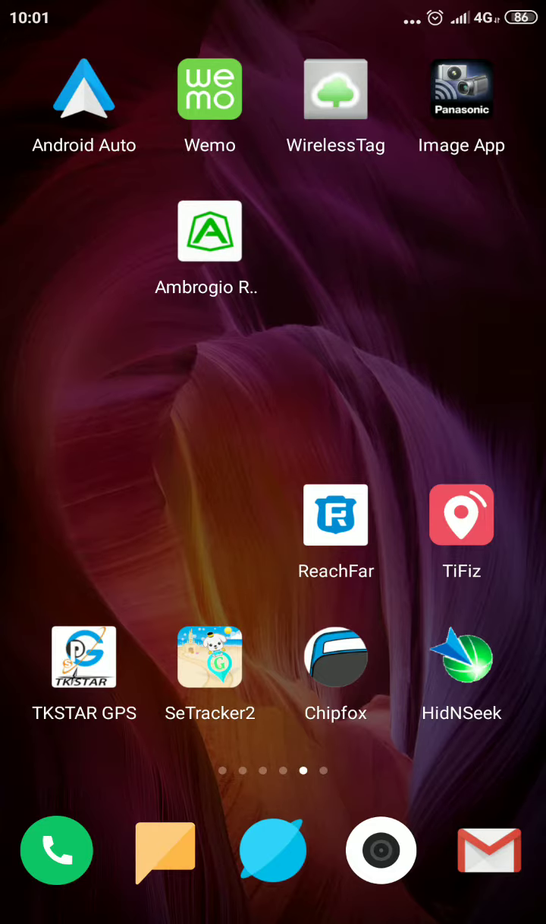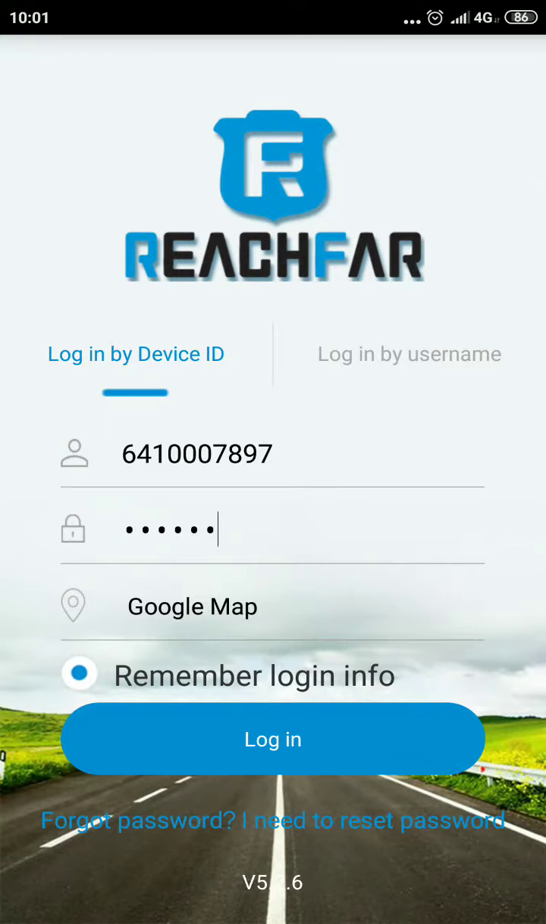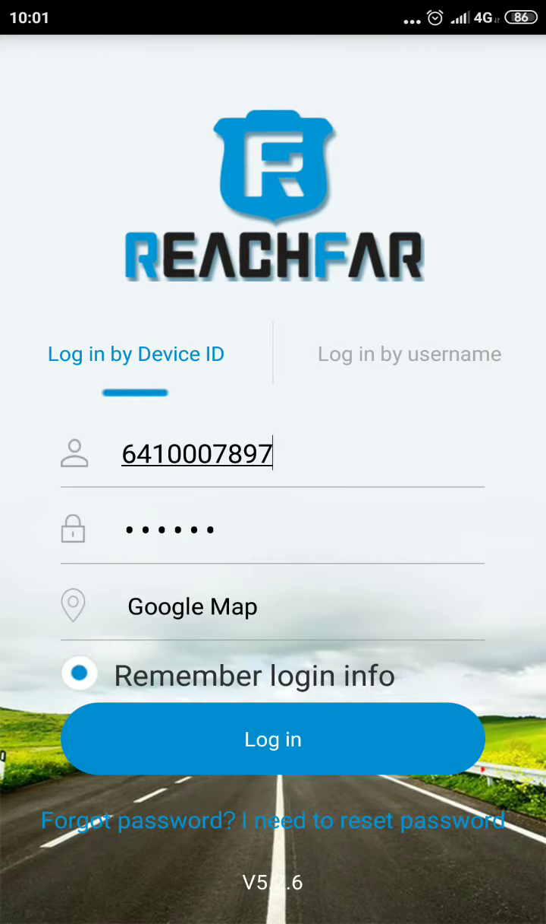So if we open the Reach Far app, we get the initial login screen, and on the back of the tracker you'll see the ID number, and you place that in the first line, 64100007897. The next line then is the password. Third line, Google Map, you can leave that as is. Then the fourth line, remember login information. Just make sure that's ticked so you don't have to log in the information the second time and third time, and so on. So we log in,